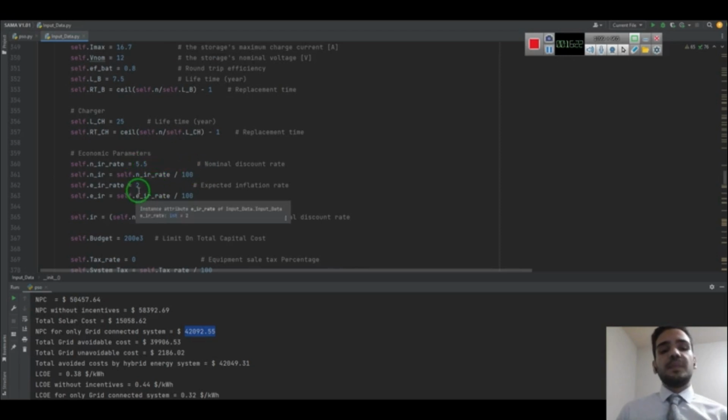The next step would be defining the expected inflation rate over the whole project lifetime. By this I mean you have a project with a lifetime of 25 years. So what would you actually predict for the inflation rate over these 25 years? You need to define that